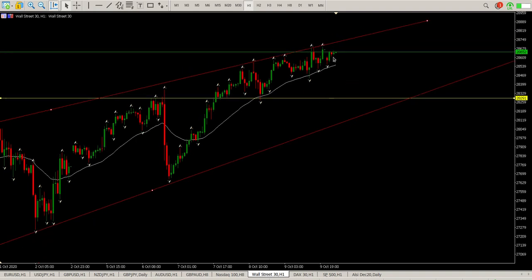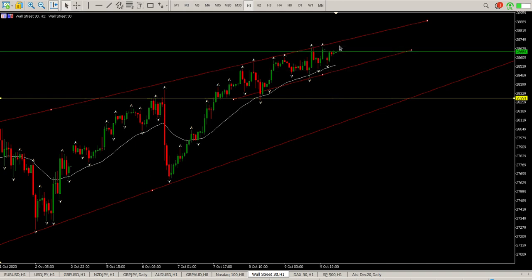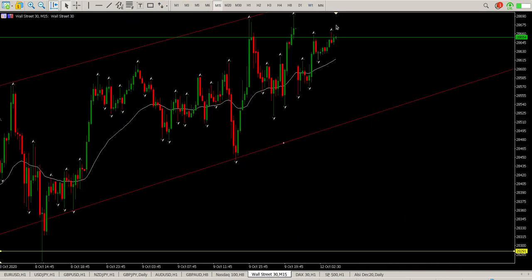What may happen though is we may just continue in this sort of tight little channel here. Just keep continuing going up today. There's not much noise coming out today. So unless something transpires or Twitter gets set alight again, I doubt we're going to be doing much except probably going sideways or sideways to up. The challenge with that at the moment is it's still almost a 200 points range. So I would still be looking to buy, and you can probably come down to the 15-minute for this,